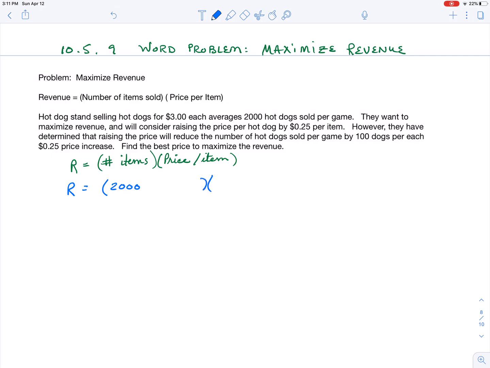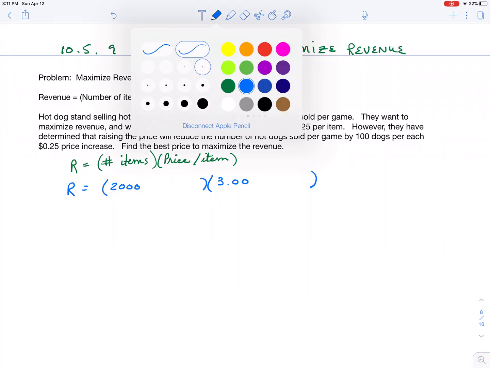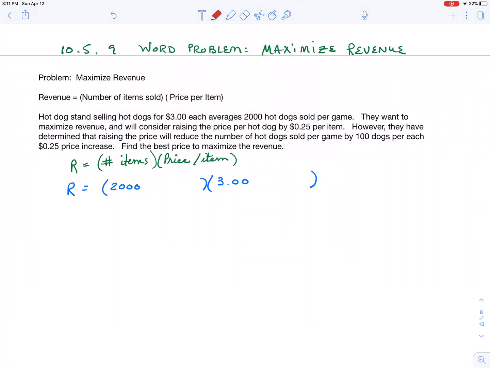And the price per item was $3. All right, so what we're thinking about doing here is that every time we increase the price by 25 cents, we're going to lose 100 hot dogs sold. So what is X going to represent? It's going to be the number of increases